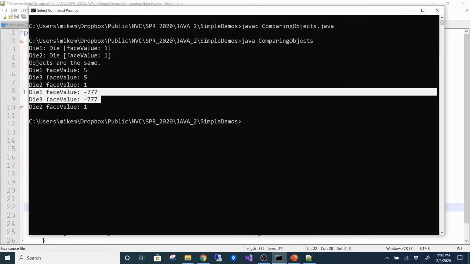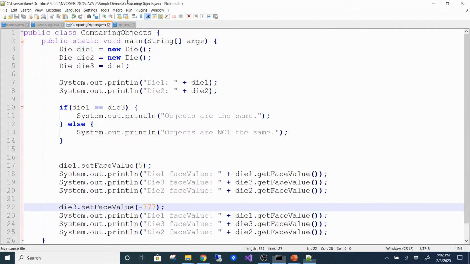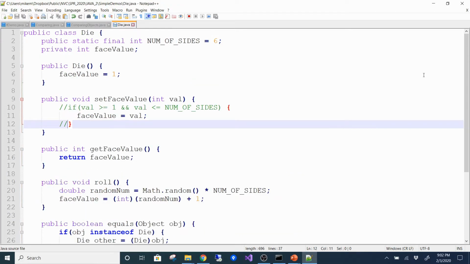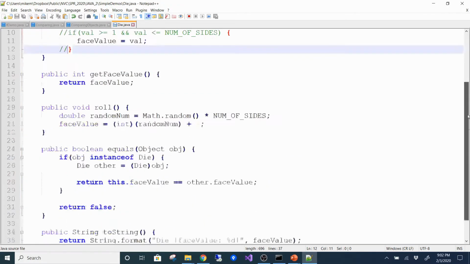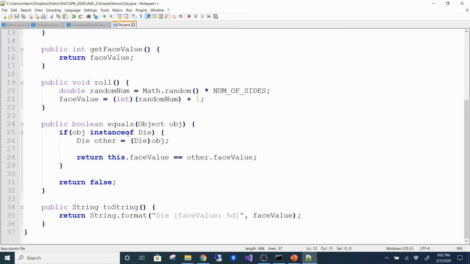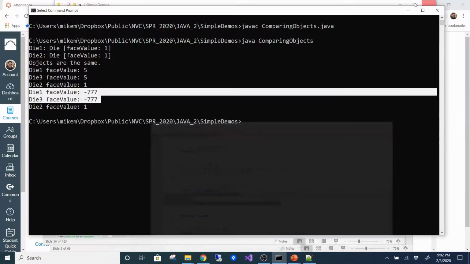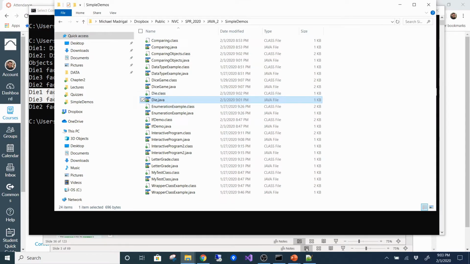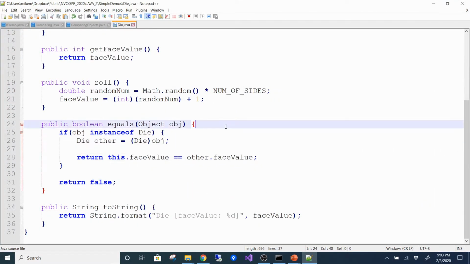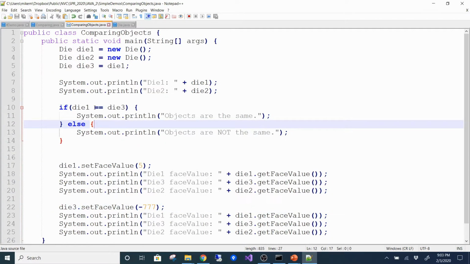Okay. Now, if you actually wanted to check for true equality, meaning all you cared about is if the face values are the same, then whatever class you create, you have to go and make an equals method for that class, like I did here, and determine what it is you want to compare. In this case, I just said if the face value is the same, I'm going to consider them to be the same. So if I come back to my code here and I change this if statement,